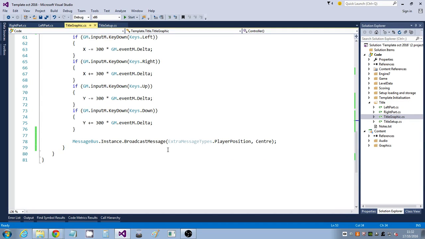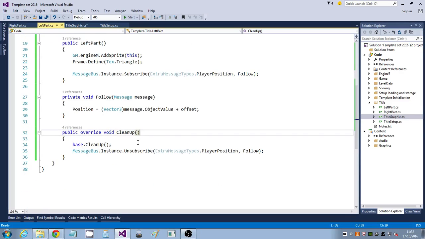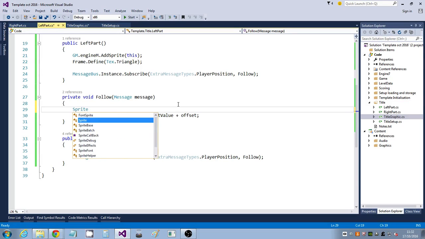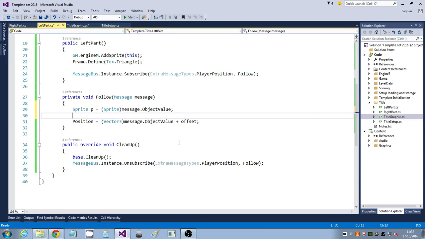So I need the rotation data. So what I can actually do is just transmit the whole player. Go to my left part. So here I've got this position, but what I need to do is say sprite p equals, and then I can say sprite message dot object value. So I'm saying take the object, treat it as a sprite,